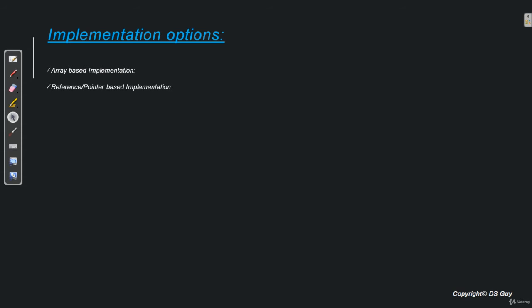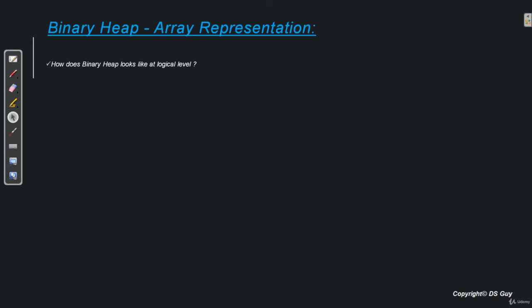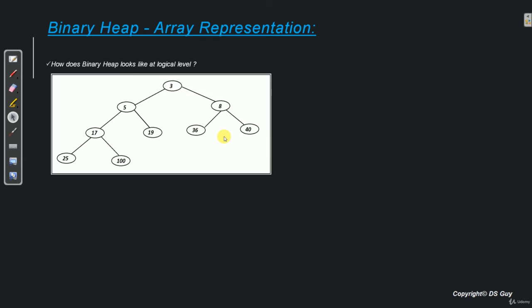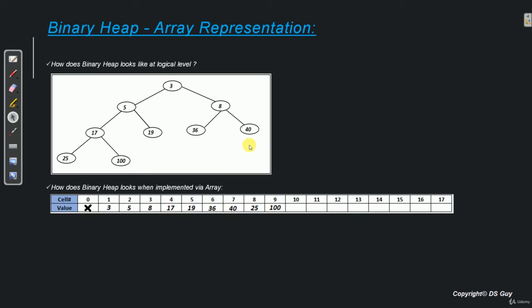So let's get started. Now before understanding the operations of heap, let's quickly recap how a heap is stored in memory when it is implemented using an array. Now if we recap from the binary tree chapter, we know that each element in the tree is stored in this array using these two formulas. That is, left child is stored at location 2x and right child is stored at 2x plus 1. Now how does that work? We have talked about that in the binary tree chapter, so we'll not go into details now. Now let's start learning the operations of heap.